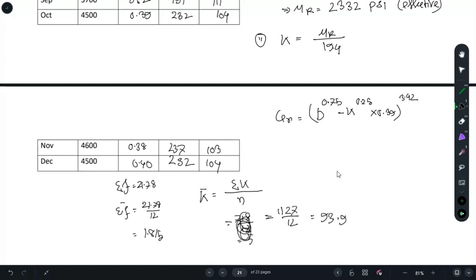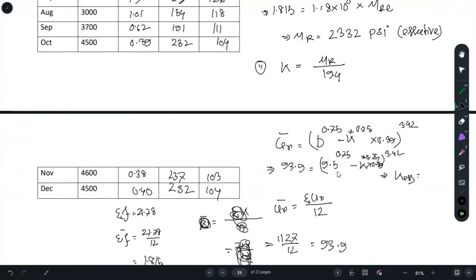Well, you now have k bar. For k bar, you will find out mu bar. The thing we have calculated, that is mu bar. We have summed the mu values and divided by the number of months, that is 12. So now we have this mu bar, that is 93.9, and we have 9.5 to the power 0.75. We want to find the effective k value, which we don't know yet, so I will keep it as it is. Here you will get a value of k effective of 310.5